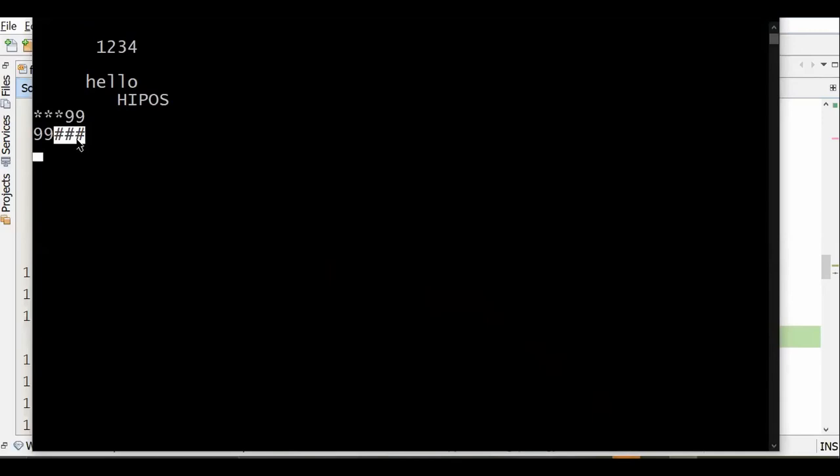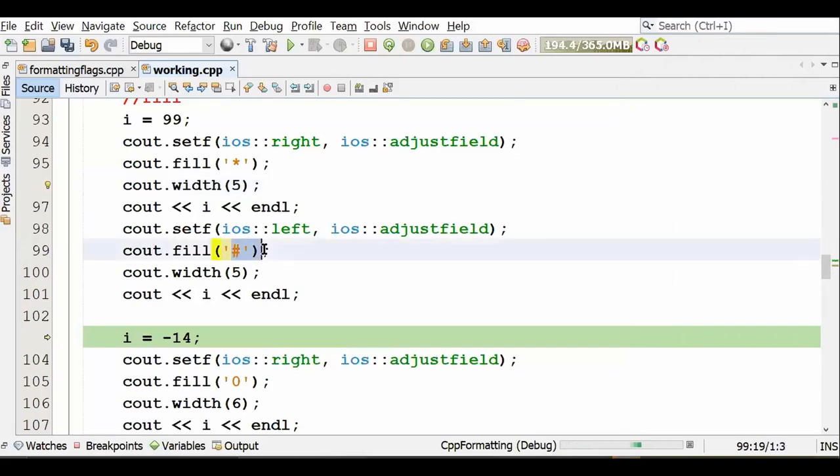Now that's not possible here. Your justification can either be right or left. It cannot be center justified. Those who are doing Python, we have done center justification also in Python. That's not something which is possible in C++. Left and right, but padding can be done. Blank spaces can be padded with whatever character. You can just say cout.fill. In C, we could pad normally only with 0 by default. Here we have an opportunity to specify whichever character you would like to use to pad.